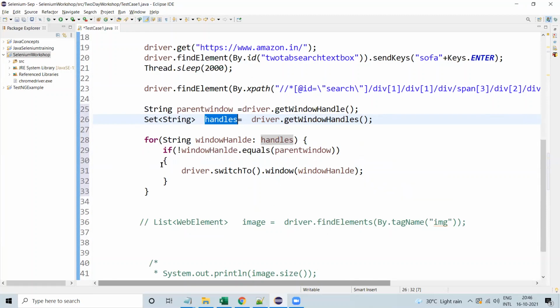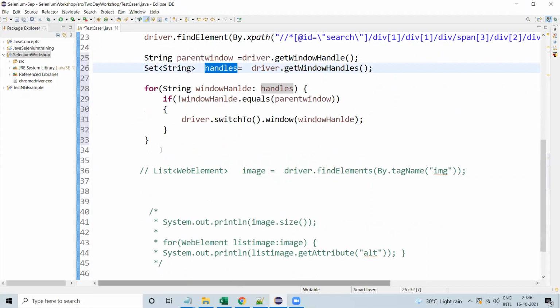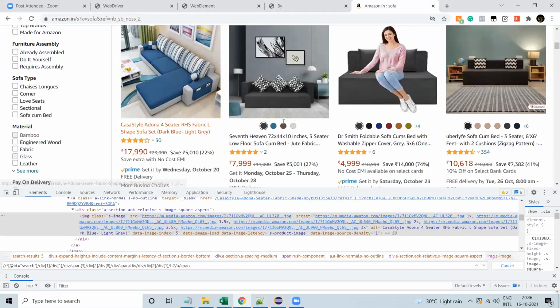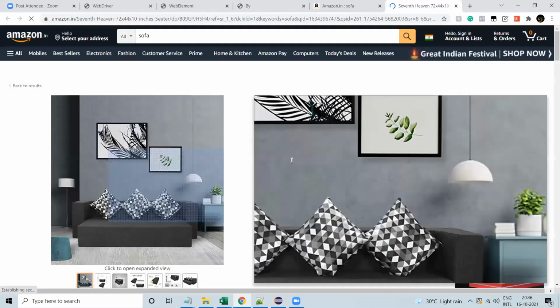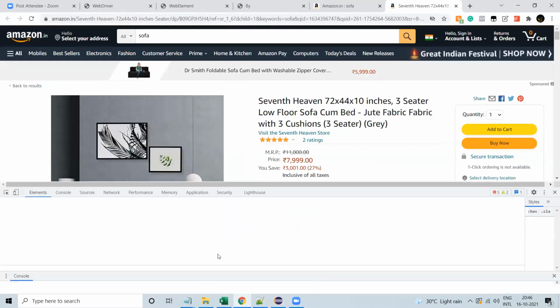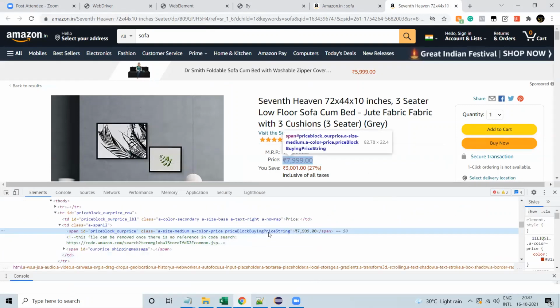So we'll check now whether it has switched to the next window or not. Then we validate the price over here. Suppose if I click here, it will be stored, so I just want to check this value. Using this element, I want to get the text of this one and validate it.